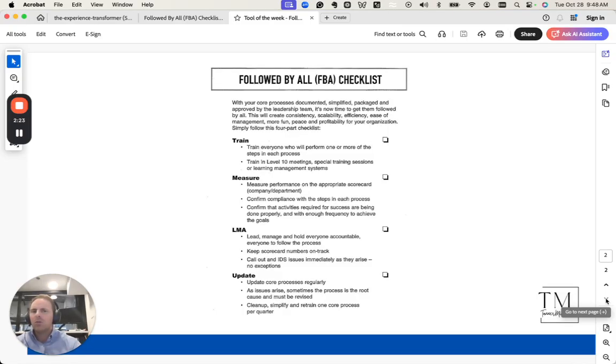At the end of the day, to succinctly simplify, followed by all means everyone within your team follows the process, whatever your way is. This is how we do client onboarding. This is how we do customer follow-through, implementation.